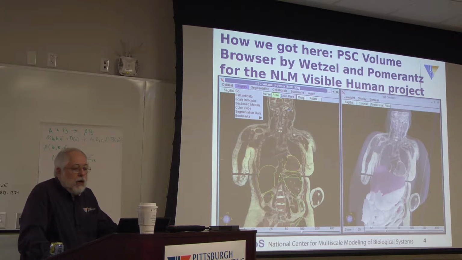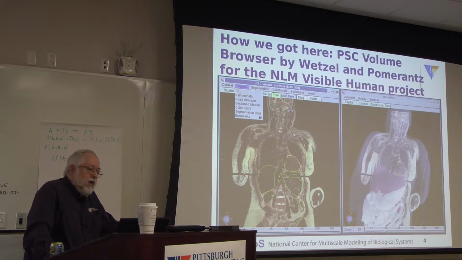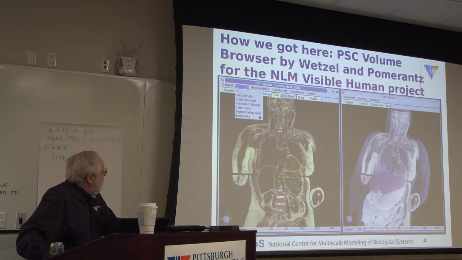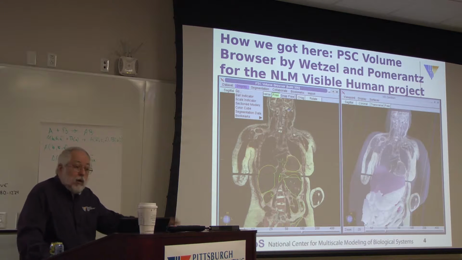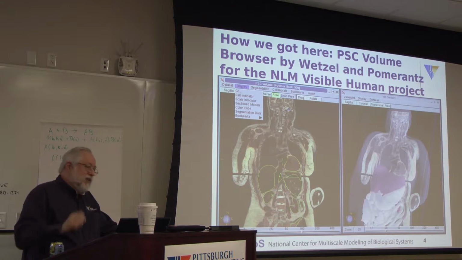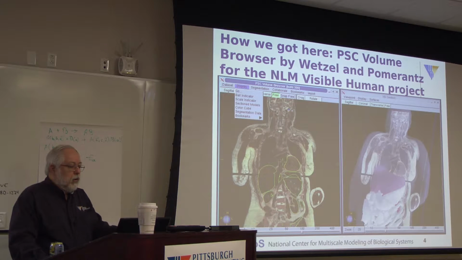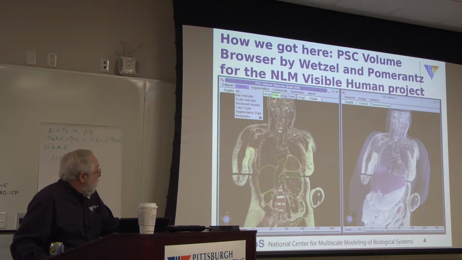And so Stu Pomerantz, a fellow who was here at the time, and I developed this thing that we called the PSC volume browser to allow students at the University of Michigan, in fact, accessing data from here at the PSC to see views like shown here in a static view on the screen of the visible human data,